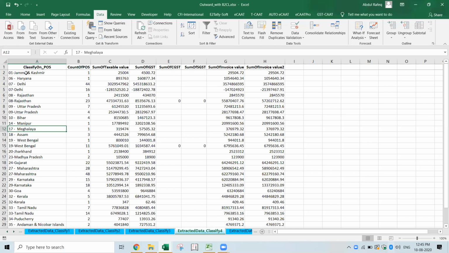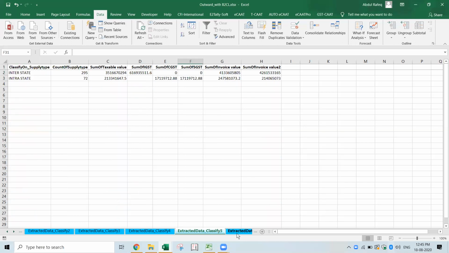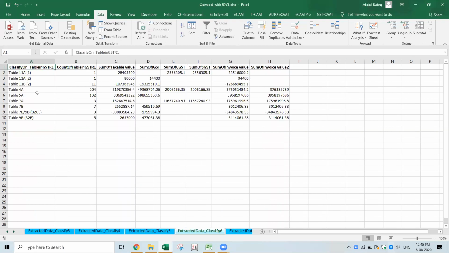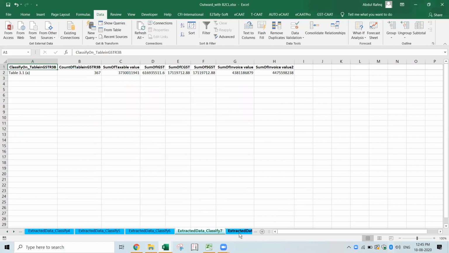So here, based on each place of supply, you're able to get the grouping. Got it. Again, now here, just one simple function, interstate based on the supply type. So again, based on the classification, based on what you got in the table in GSTR. How will it come in the table? Which one? No, in your data, you've given that classified table, you've given the data.